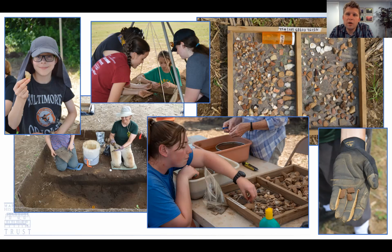But here you can see some of the artifact types that were coming out: lots of pottery, lots of stone tool, and one of the intact features being excavated. Stephanie Sperling is there in the dark green shirt excavating this dark stain in the soil, which is one of these trash pits. And the kind of things that are coming out of the trash pits and this plow zone above them, it's mostly